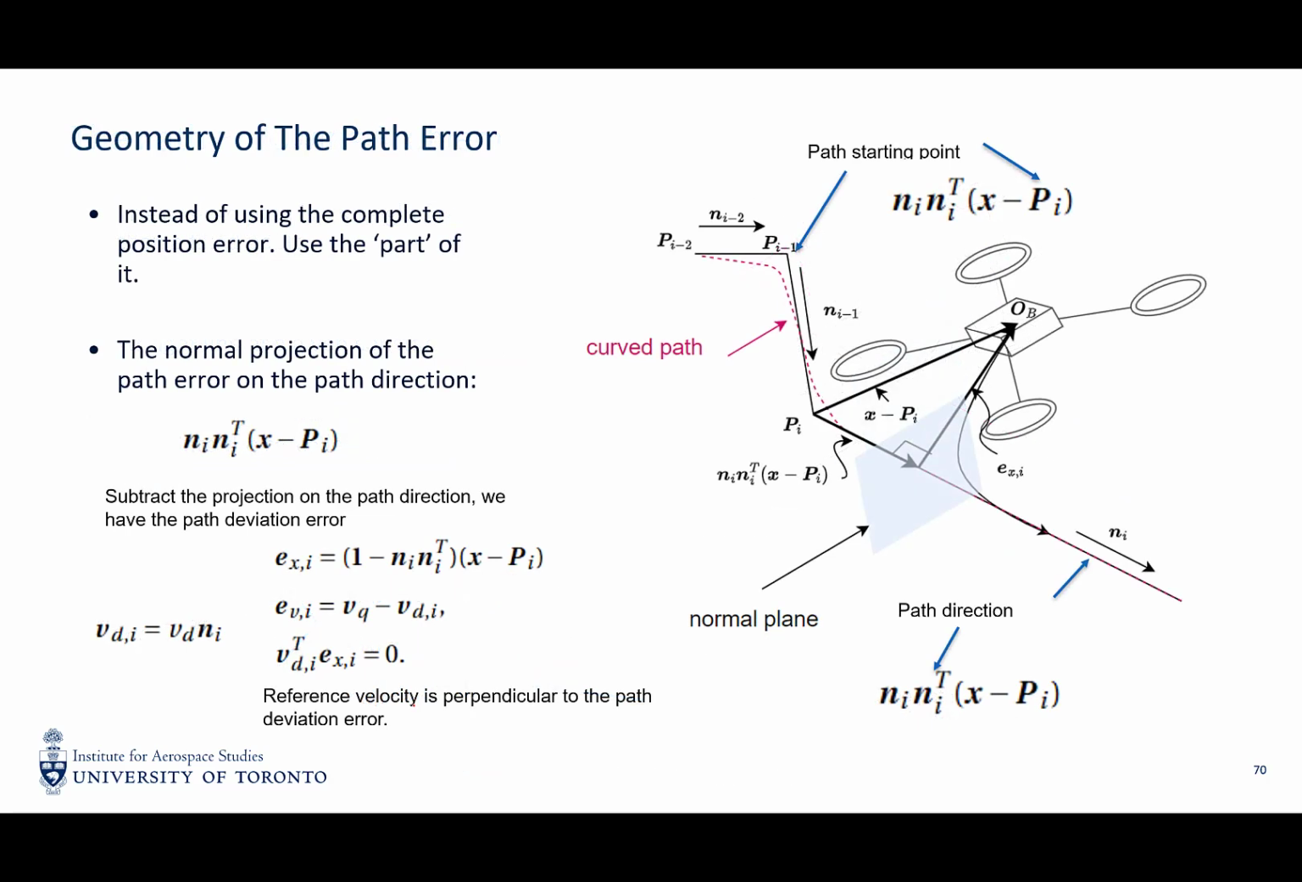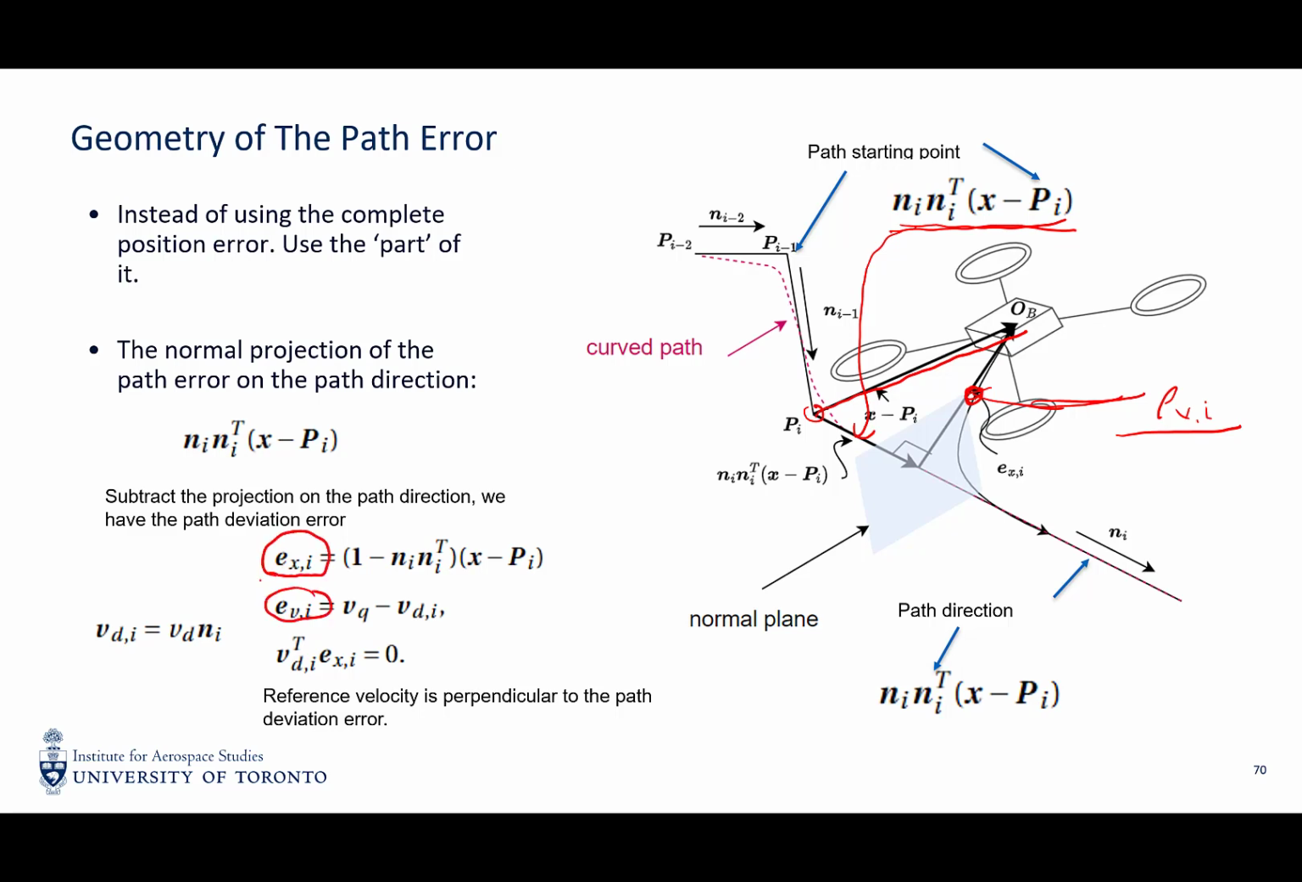Okay, that's a figure to explain the path deviation error. So how do we get this? This one is the projection of the position error from the starting point of this path, and this is the path deviation error, which is EXI. So finally, what we'll do is use the path deviation error as well as the